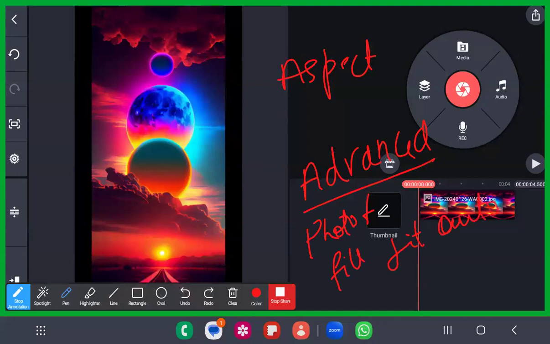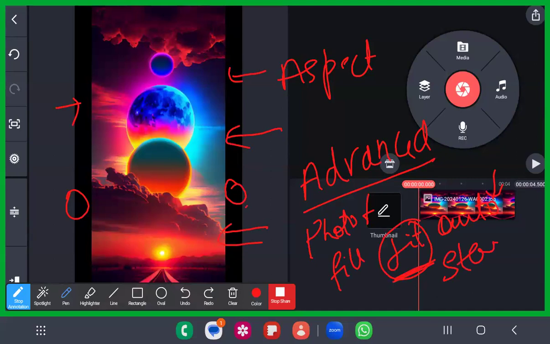What does this mean? This photo, if I put it here, did it fill here? See here, this black space is remaining. It is not filled up, right? It is just the fit that has been used here. The fit was a standard option that was already assigned. So to fill all of this and more, we have to make so many edits. We'll see how we can make such edits.